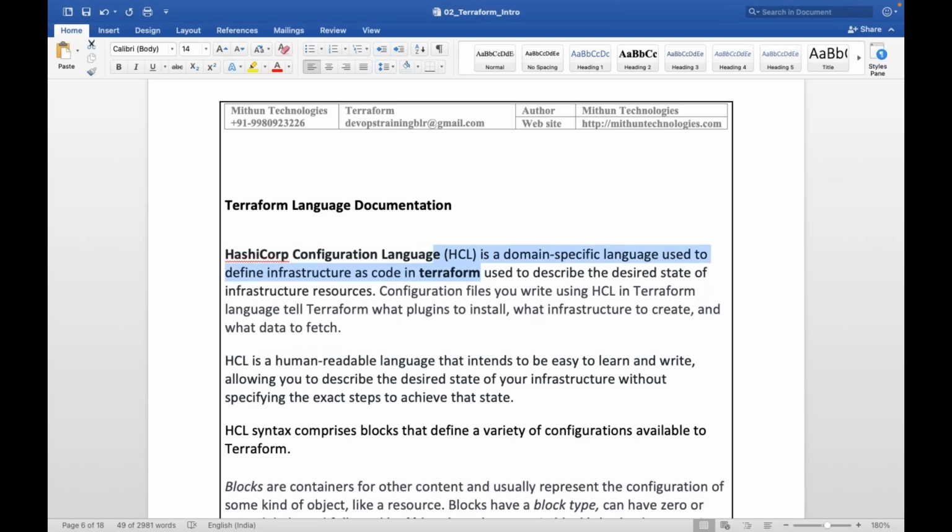You are going to use HCL, a domain specific language used to define infrastructure as code in Terraform.